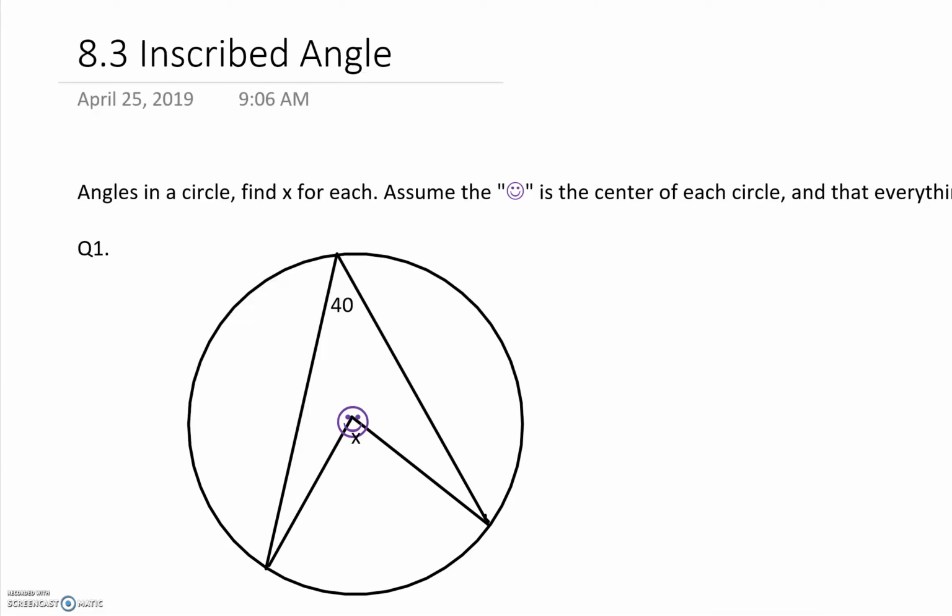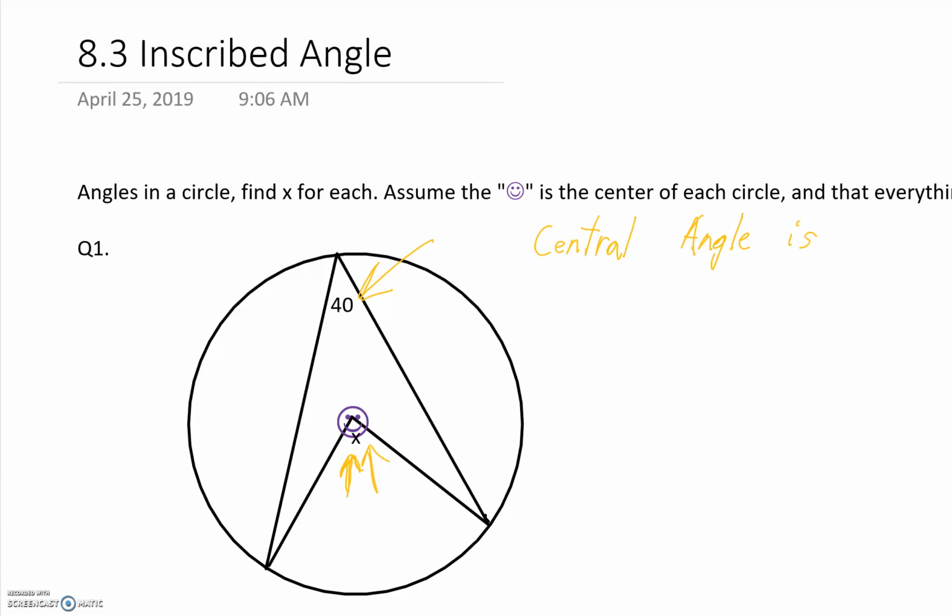Okay? So, we have this circle, and we're looking for x. This is the inscribed angle theorem in the most basic way that we can ask the question. So here it is. If we have this angle, and we have this angle, then we know that the angle inside, this is what we call the central angle. Because it's around the center, we call it the central angle. So the central angle, maybe I'll write this down, central angle